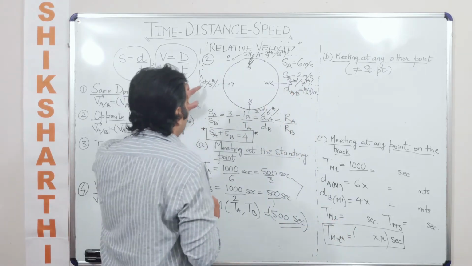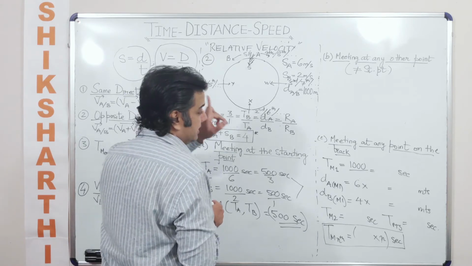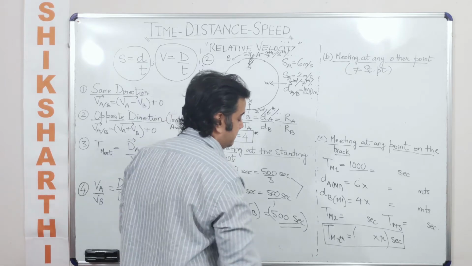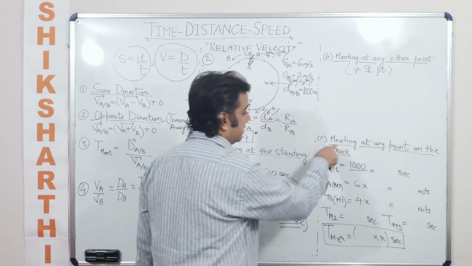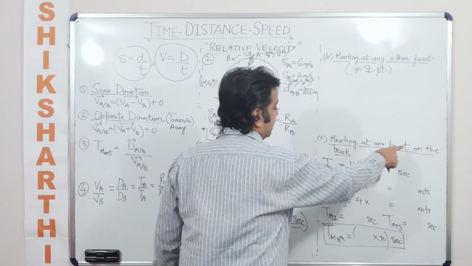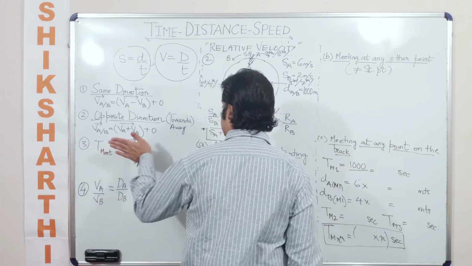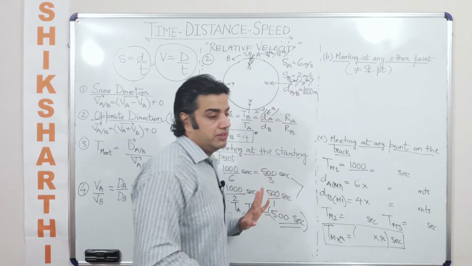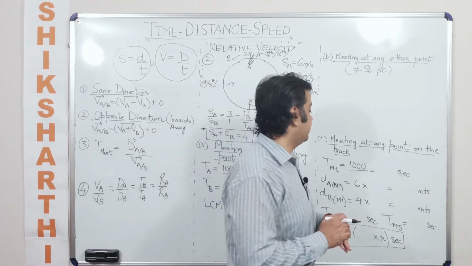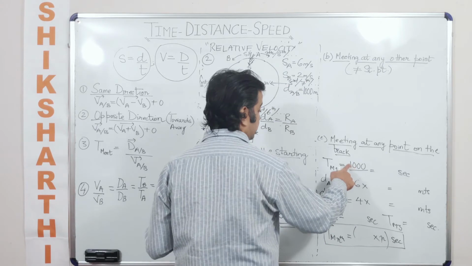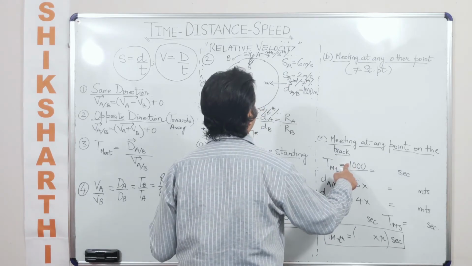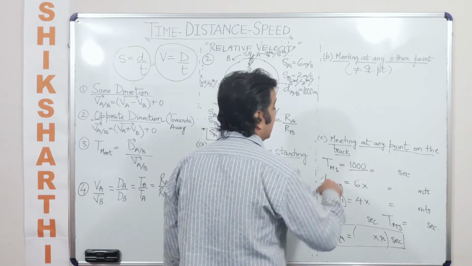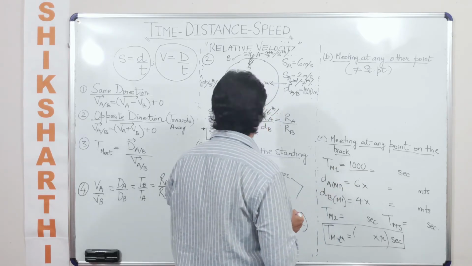Now let us see the first time when they are meeting, what is the distance that will be traveled by them individually. So for this we need to come back here, and when we see this, we see that meeting at any point on the track is basically dependent on the theory of relativity, because we are discussing all these concepts with the help of ratio, proportion and theory of relativity. So now, what is the relative distance of separation between them? Let's say the relative distance of separation between them is 1000. Now, assuming their lengths to be negligible,